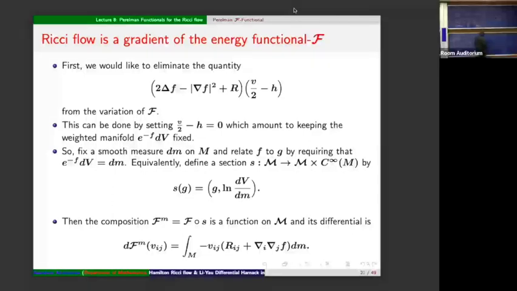Okay, let's do that. What is the variation of e to the minus f? So we are taking the variation of this, minus f. Let me write it out so that we can see. This is what we are doing. The variation of this